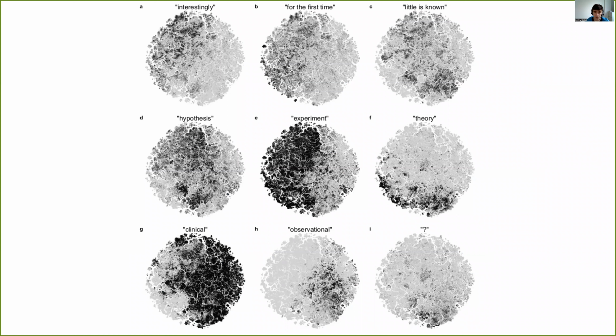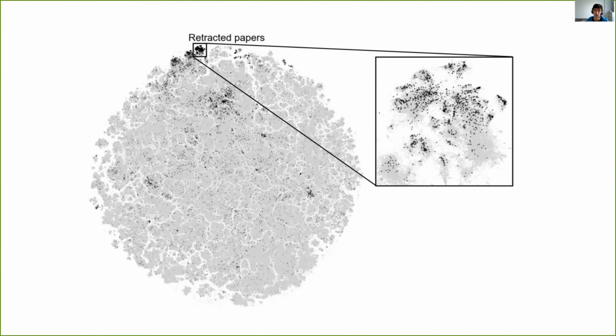One last thing that I want to explain, and this is not in the preprint because we just found this a few days ago and didn't have time to update the preprint yet, but I find it super exciting. PubMed has information on retracted papers. There is something like 15,000 retracted papers in PubMed. They are still there. They have a normal abstract, everything, but they have been subsequently retracted. So we can highlight them here in black, and it's very